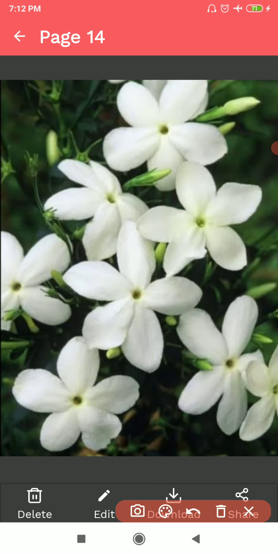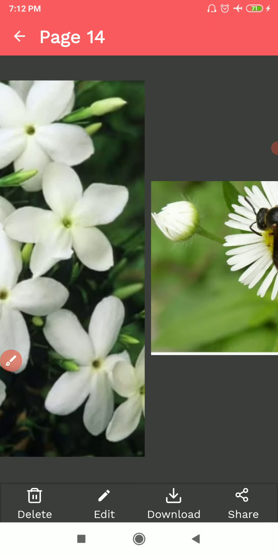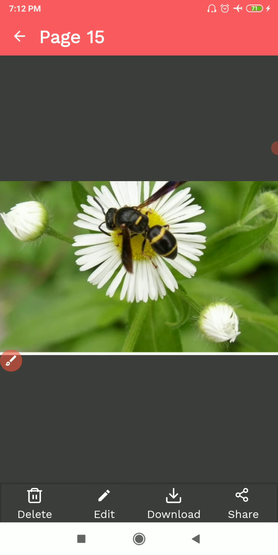Now, flowers also attract insects and birds. These insects and birds help in transferring pollen grains from one flower to another flower. This process is called pollination. Pollination helps in the formation of fruits from the flowers. We will understand about fruits and seeds now. Most fruits have seeds inside them. Fruits also differ in color, shape, and size.